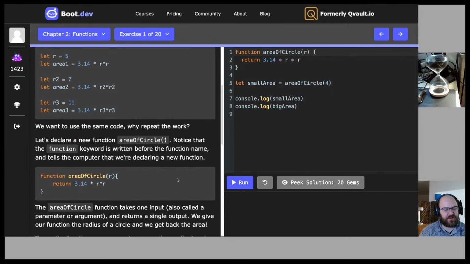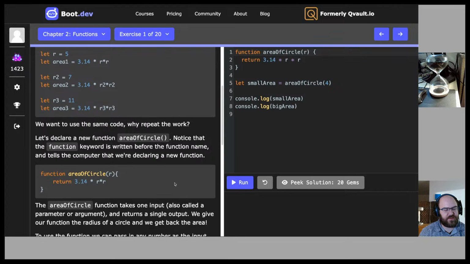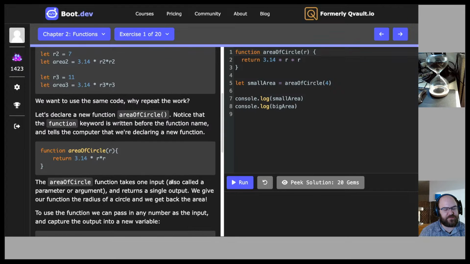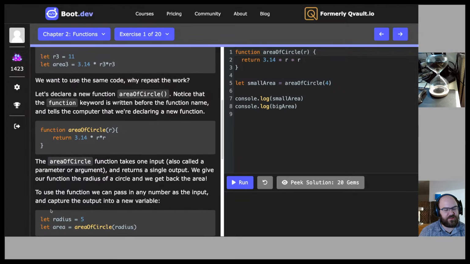Function areaOfCircle(r) { return 3.14 * r }. The area of circle function takes one input, also called a parameter or argument, and returns a single output. We give our function the radius of a circle and we get back the area. To use the function, we can pass in any number as the input and capture the output into a new